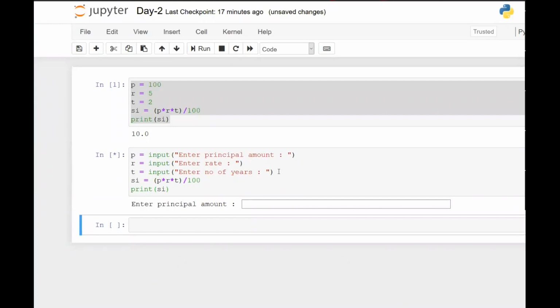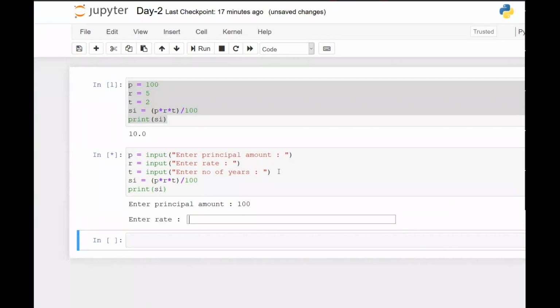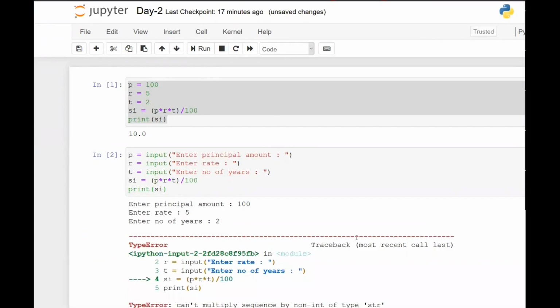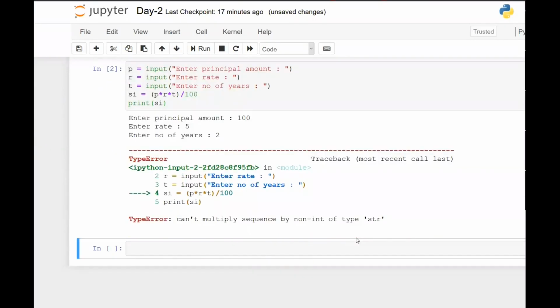Now it is asking the user to enter principal amount. So let's say I enter 100, hit enter. Again, it is asking for rate. So let's say I'm putting 5, I hit enter, enter number of years. I hit 2 and hit enter. Then I'm getting some error. Now check the error: can't multiply sequence by non-int of type string.